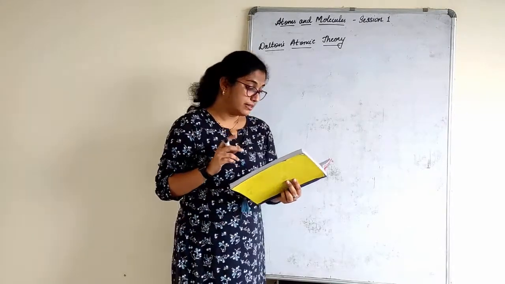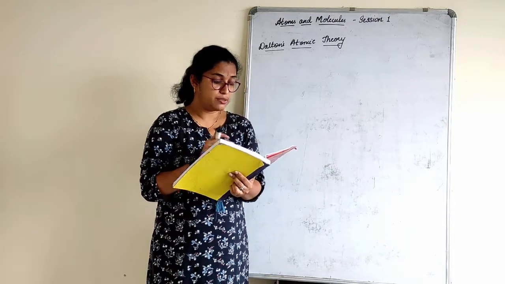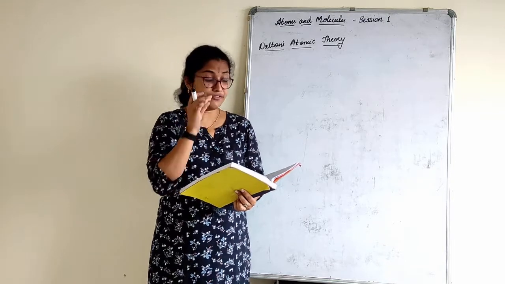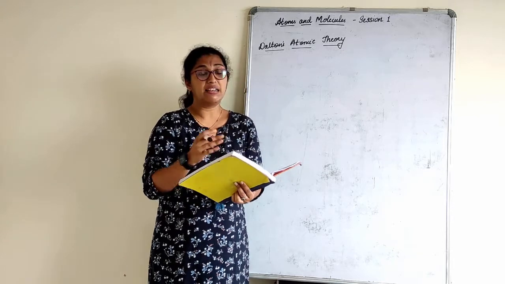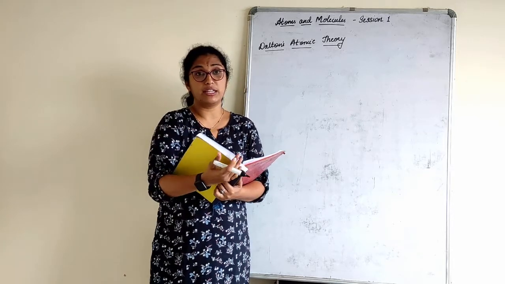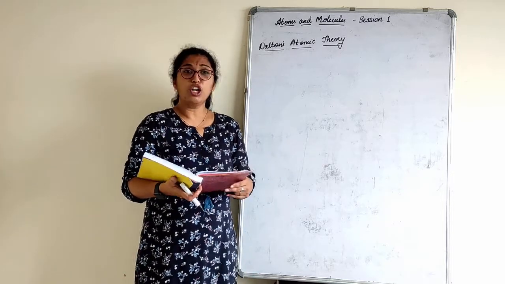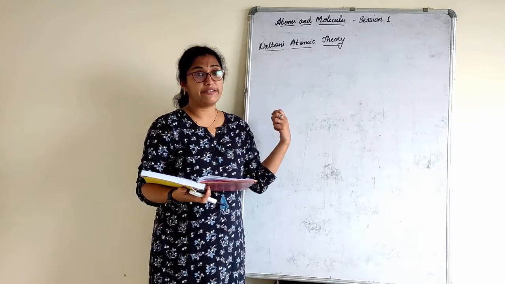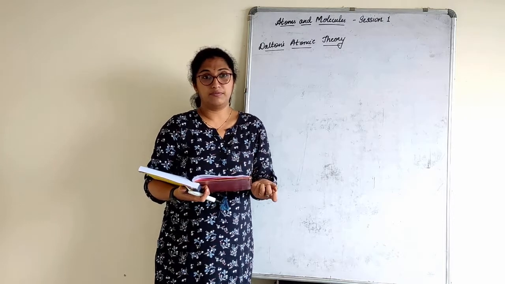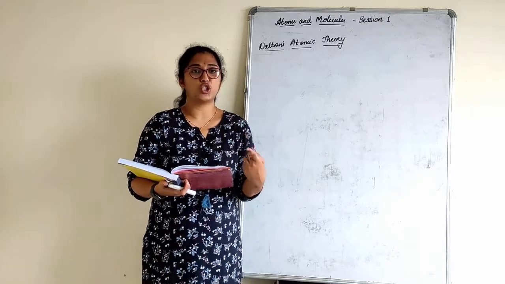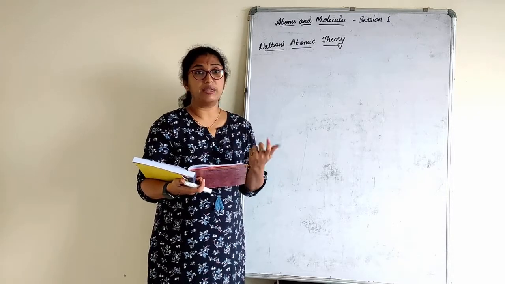According to Dalton's atomic theory, all matter, whether an element, compound or a mixture, is composed of small particles called atoms. That is what we have discussed. He has given 6 postulates, or we can say Dalton's atomic theories. Write the 6 postulates of Dalton's atomic theory. These are the ones we have to write. The first point, we all know this, but it is in the form of a postulate that he has given. All matter is made up of tiny particles called atoms. We have discussed this, but that is the first postulate given by Dalton. I need not throw much more light on this first point because we know.